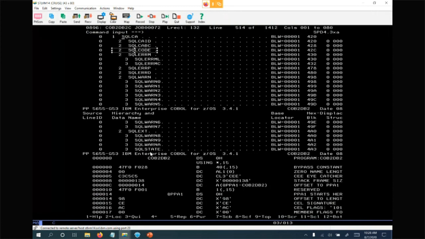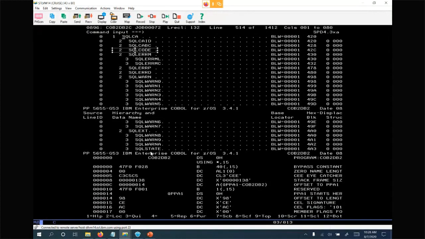The SQL warn fields, WARN1 through WARNA. If there are any warnings with your SQL statement, then those will be reflected with codes in those fields that your program will need to look at. The SQLERRD is an array of words that might have information in it that's useful for diagnostics if something's not working correctly. So there's a lot of information in this SQL-CA, and any time that you would need to, let's say